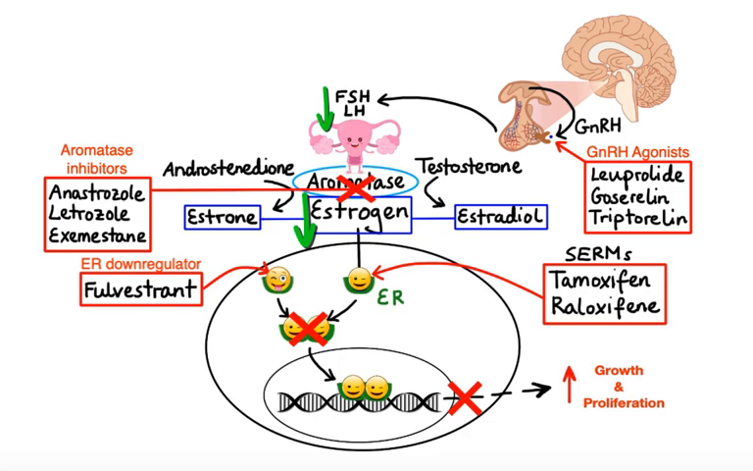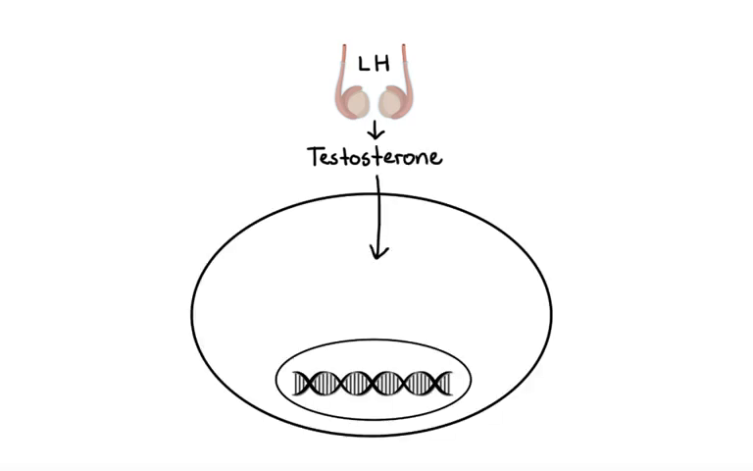Although GnRH agonists can be helpful in treatment of women with breast cancer, they are more often used in treatment of men with prostate cancer. This is because in males, luteinizing hormone directs the testes to produce testosterone. Free circulating testosterone can enter prostate cells, where with the help of 5-alpha reductase enzyme, it can be converted to its more potent metabolite dihydrotestosterone